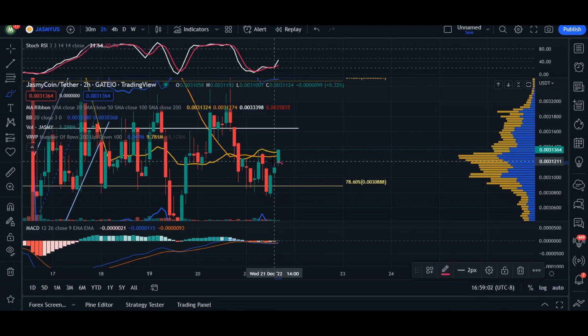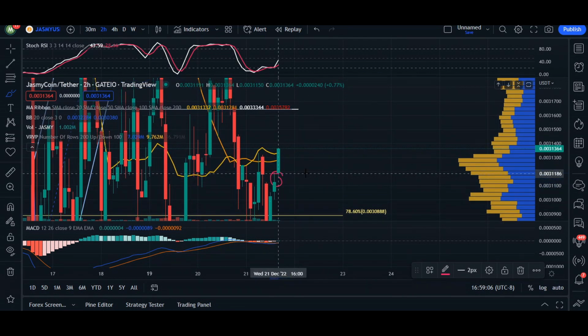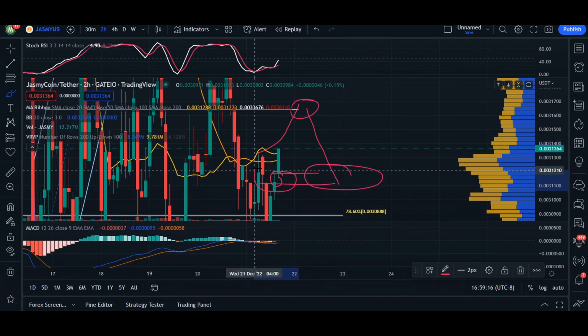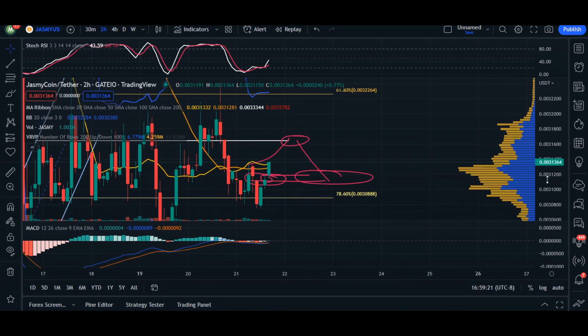However, what we see is the jump that we saw in the last 2 hours or so of left liquidity. So even though the price is going to come up and retest this area of resistance, we know in the future it is going to come down and retest this area here as there are left orders from this gap that we see. So pretty exciting here for Jasmy to be able to see if the price is going